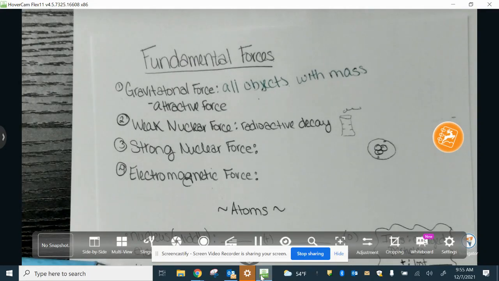The second type of fundamental force is called a weak nuclear force. This is going to be what's responsible for nuclear force, like radioactive decay, what we do in those nuclear power